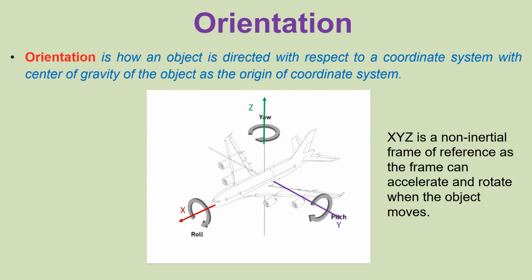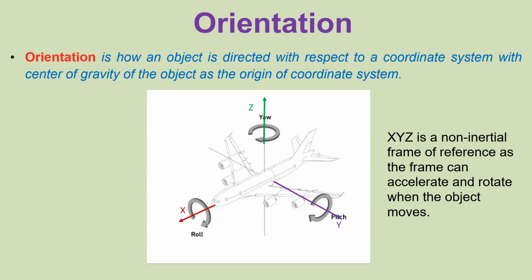For instance, this object, the aeroplane, can exist in space at a fixed point, but still with that position unchanged, it can still rotate without changing the position. So the position can be fixed, but the orientation can be changed. Orientation is changed not by linear motion. The orientation of an object will change by rotation.